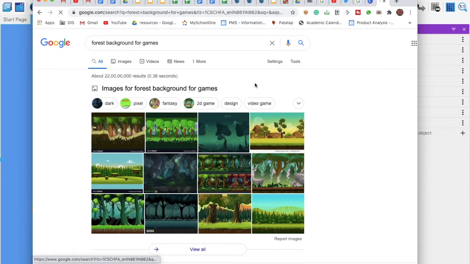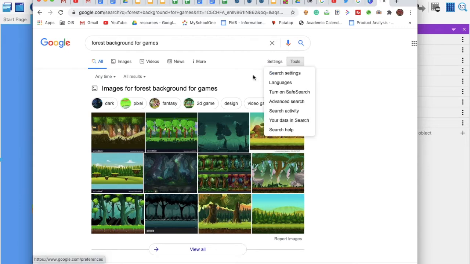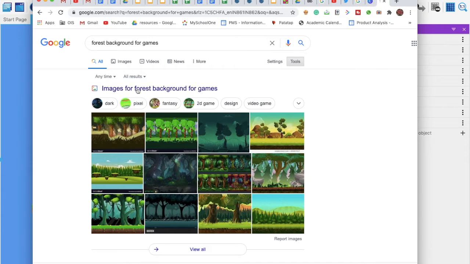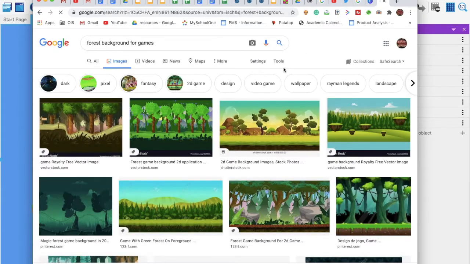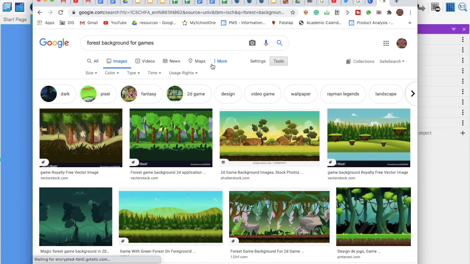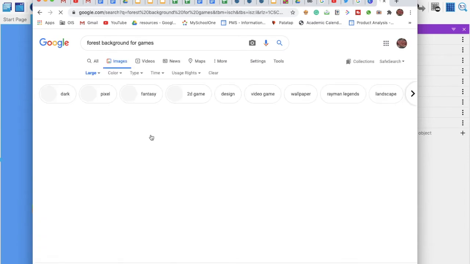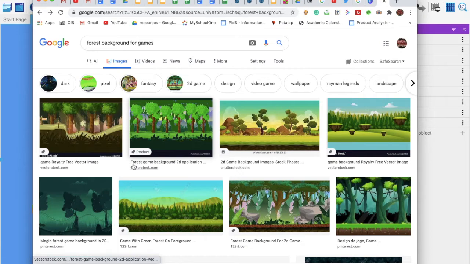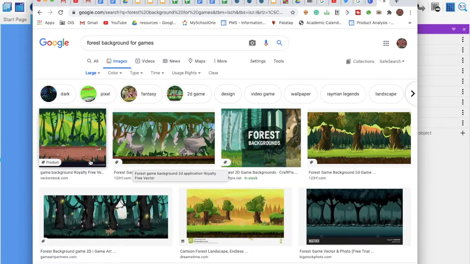You can choose any, but I will go for the larger one. Let's go to images first, then go to tools, click on size, and let's go for the larger one, because the larger one will not pixelate when we are stretching and pulling it to cover the whole scene.